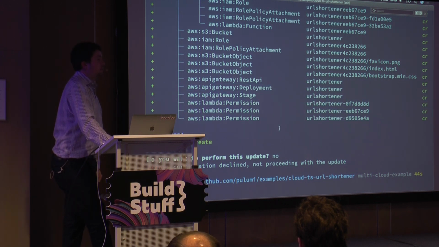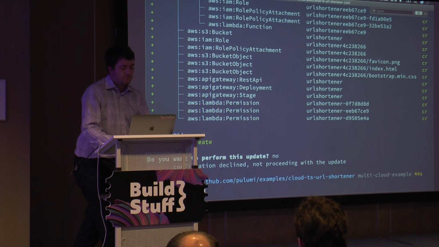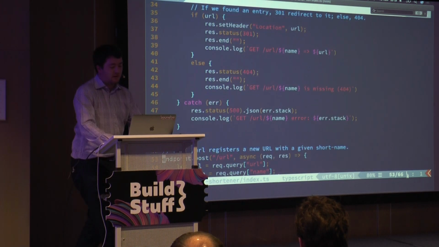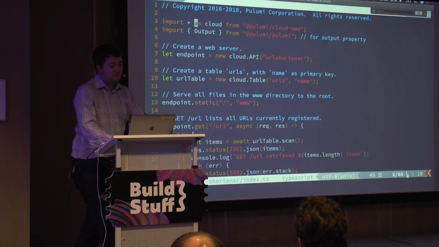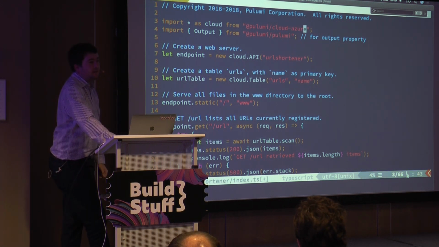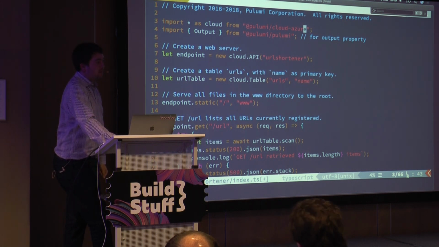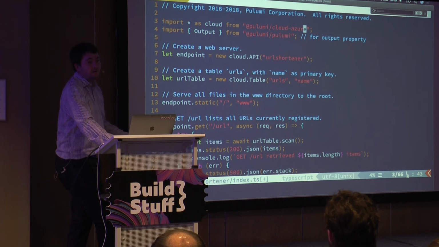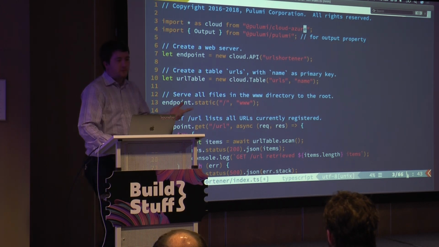The beauty of this is that we didn't mention in the program anything about the AWS services here. The only time that AWS appears is up here. And if we were to change that to Azure, reinstall the dependencies, and rerun the program, this would just run unchanged in Azure. Instead of DynamoDB, it would be Cosmos DB. Instead of AWS API Gateway, it would be Azure API Management. Instead of S3, it would be Azure Bucket Storage, or whatever it's called, blob storage.